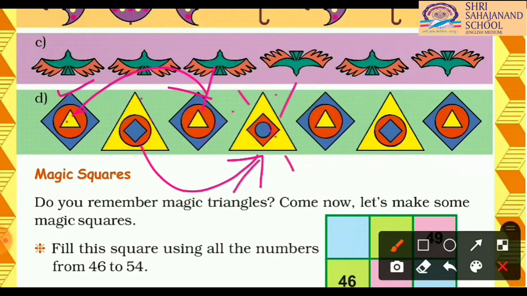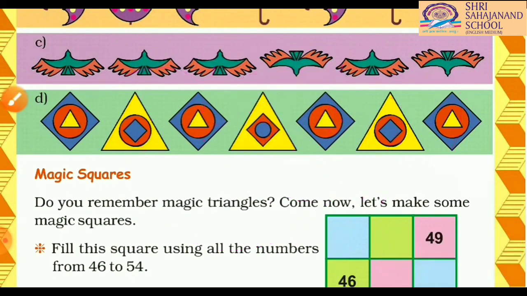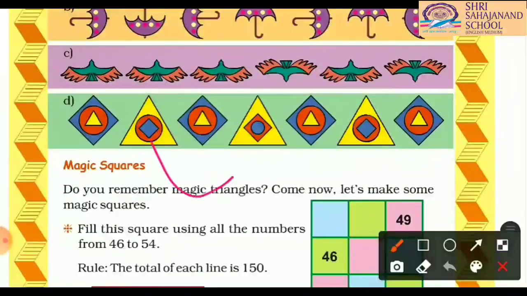So this is a mismatch. In the next, once again the third picture will come here: square, circle, triangle. Yes, it's correct. And now another one, it should be like the first one: triangle, then square, then triangle, then circle, then square. Now it is correct. Then the last one is also correct. So we found that this picture was wrong. How can we correct it? No doubt it will just look like the second picture.